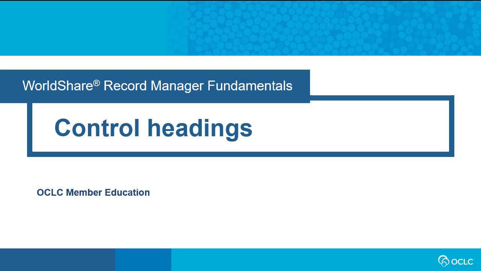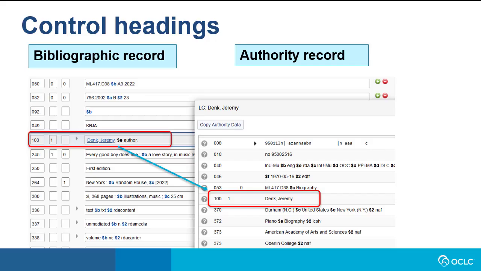Hello everyone. This video will demonstrate how to control headings in bibliographic records in WorldShare Record Manager Fundamentals. Controlling headings links names, series, and subject headings in bibliographic records to matching authority records if available. One advantage of doing this is that if the authority record changes, the linked heading in the WorldCat bibliographic record